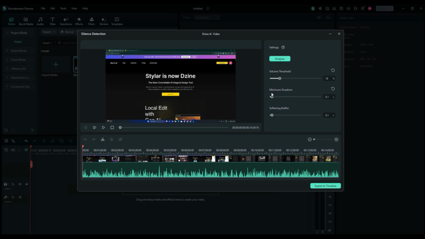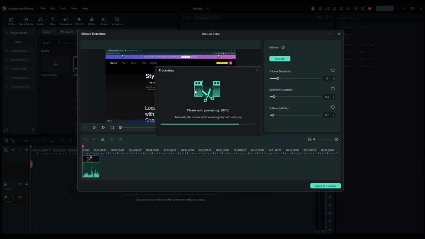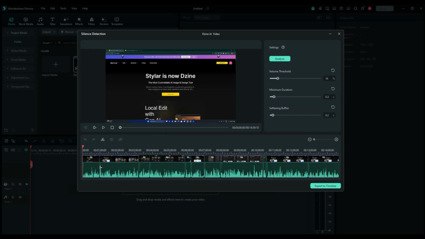All right, so let's say that I want a minimum duration of about, I don't know, 0.3 seconds. Volume threshold, the minimum will be 14. Softening buffer, let's do 0.2, and we are ready to analyze that. And now the magic starts happening, and Filmora scans through your video,